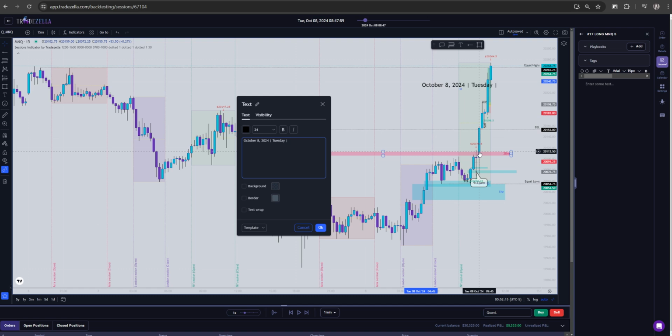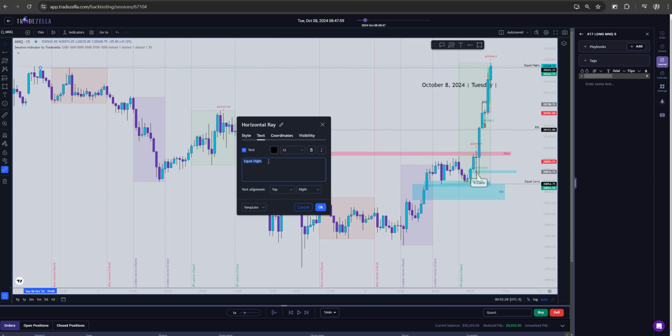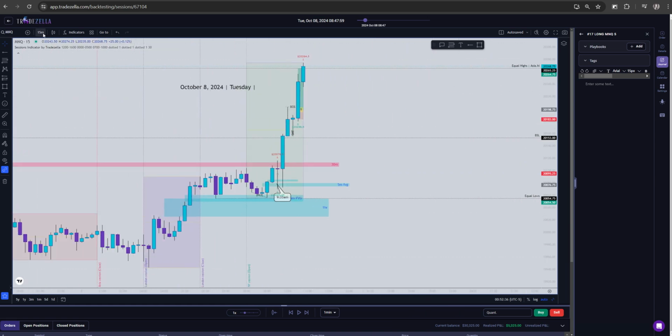And here we have it looking like it's coming off of, well, I was looking over here, we had equal highs, which is also the previous Asian session high. So I'm going to put equal highs and Asia high. Like that. Cool. Target. Going down to